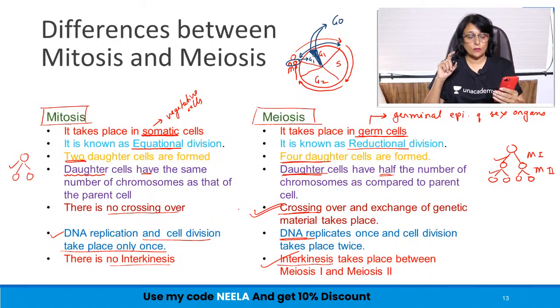So I hope Ayush you got your doubt cleared here, right? The G0 cell can again come into G1. Yes, we talked about it. There are some cells like parenchyma cells. They can come back into G1 because in plants parenchyma becomes meristematic during secondary growth. So when we come to the anatomy of flowering plants, we will talk about it. And if you have attended all the earlier lectures, I did mention that there are few cells which are capable of coming back into the cell cycle.